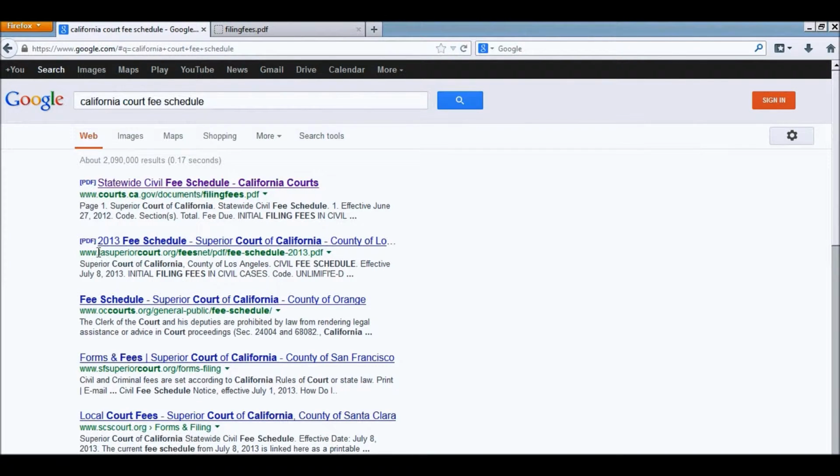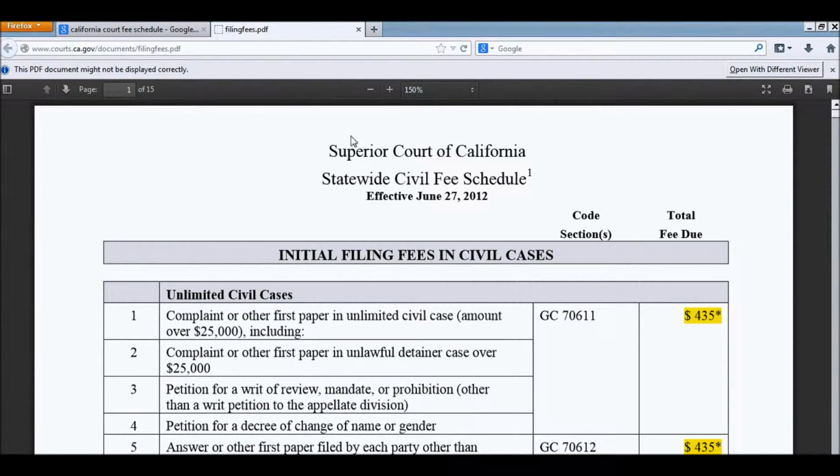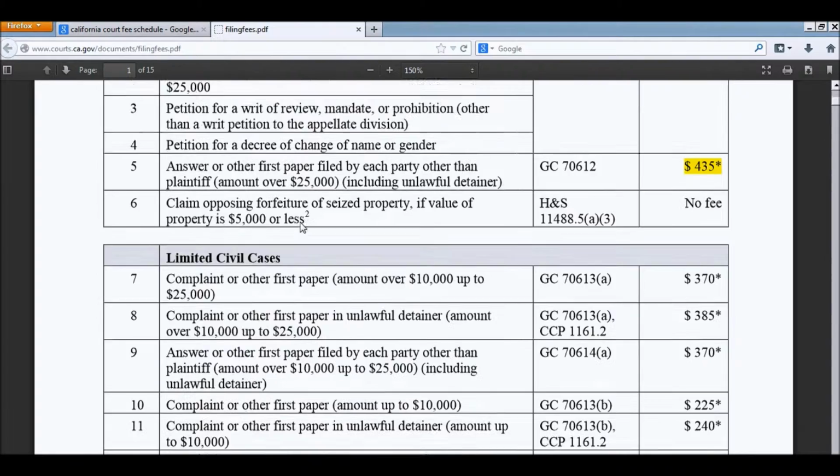So this first one, for example, is LA Superior Court, Los Angeles County. This one is Orange County, down in Southern California also, so County of Orange. This one is the County of San Francisco. This one's Santa Clara County Superior Court, where I am. So again, all of these fee schedules are going to have the same information in it, but let's go ahead and use this one because this one's actually put out by the overall kind of state court system versus an individual county's court. So if you open it up, this is what the document looks like.